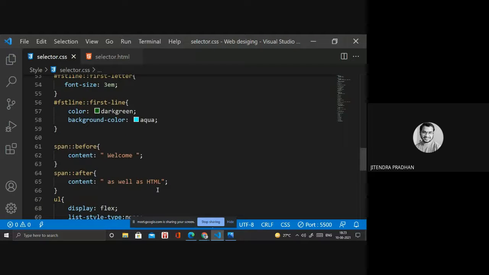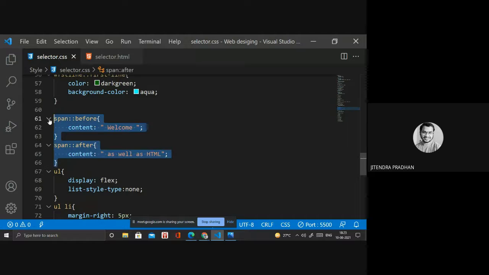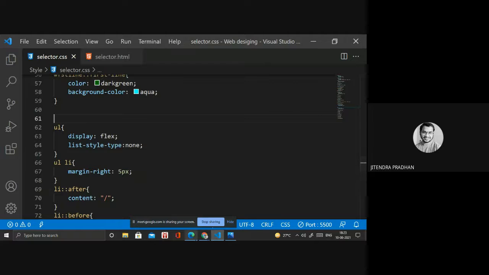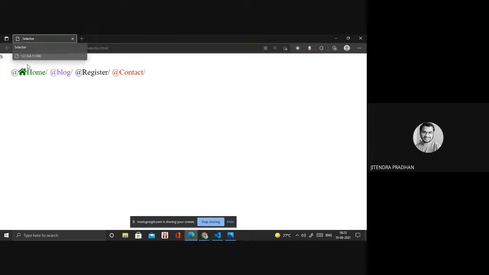Yeah, I will remove the before and after. Okay, done. If you don't want the before and after special characters, then you have to remove